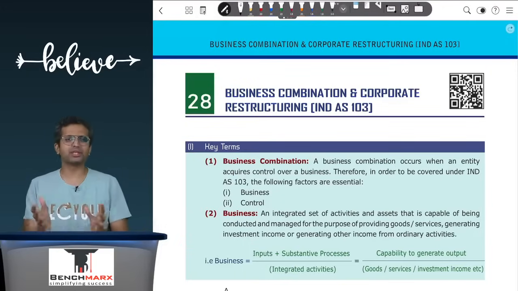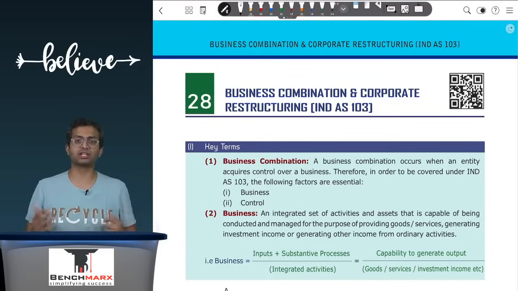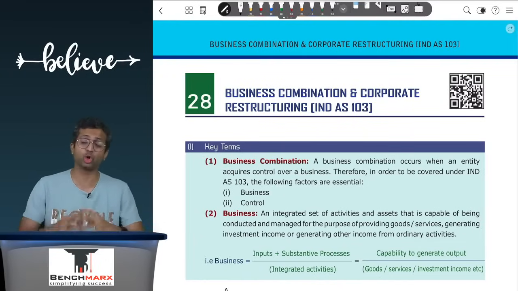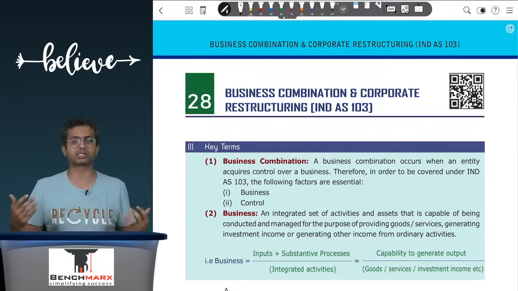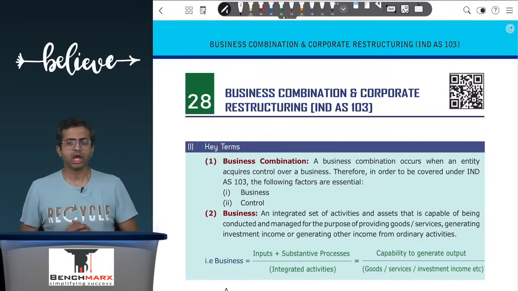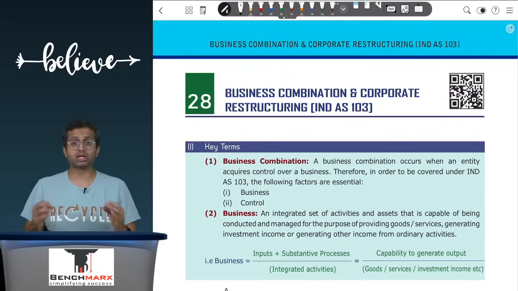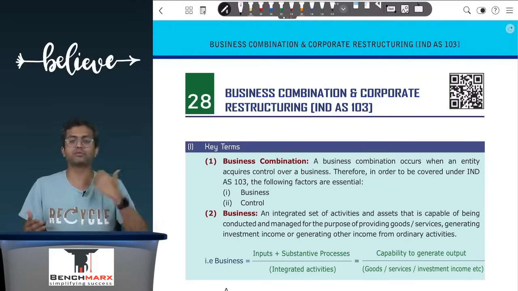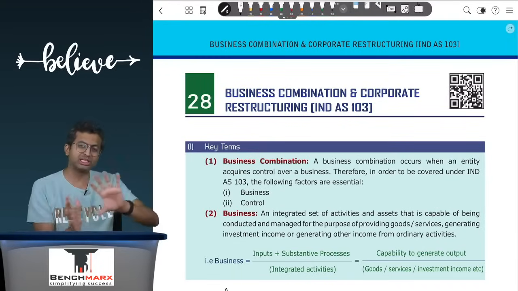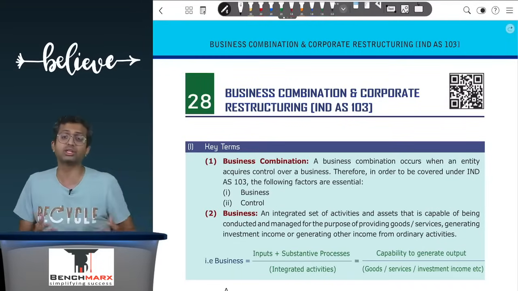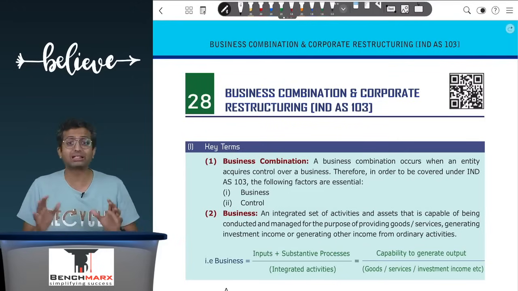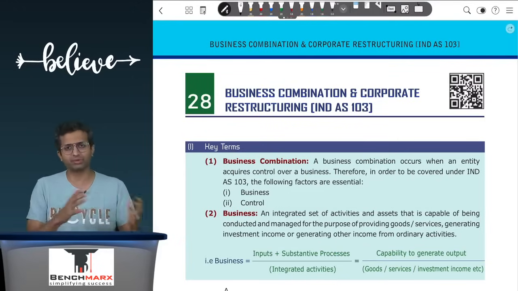Now this is a very important topic and this is definitely one of the top tier 1 category topics which the institute loves to ask, and it is also highly related with topics like consolidation. So business combination is covered under Ind AS 103. There are two distinct parts of the standard even when you refer the study material or our notes, where the initial part is largely linked to the theory and the later part is more linked to the numericals. From an exam perspective, numericals are most important. However, we would cover everything, including the theory as well.